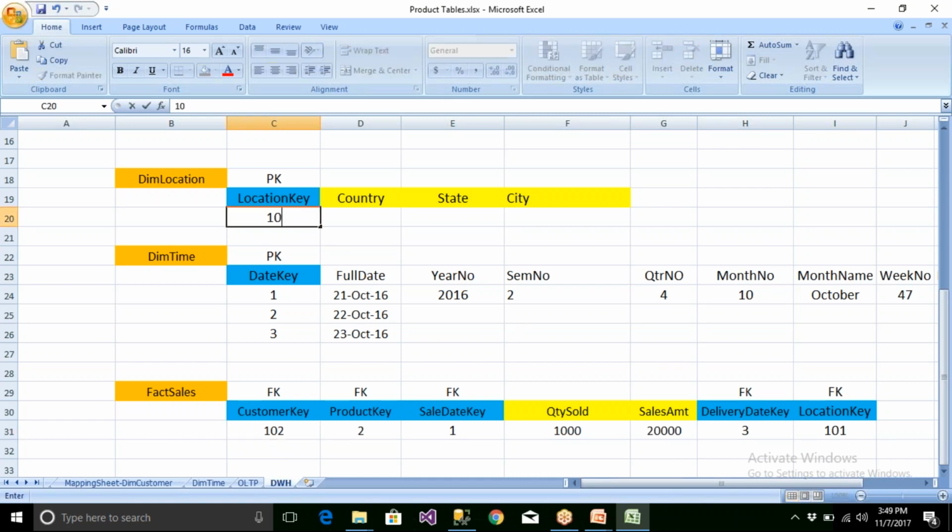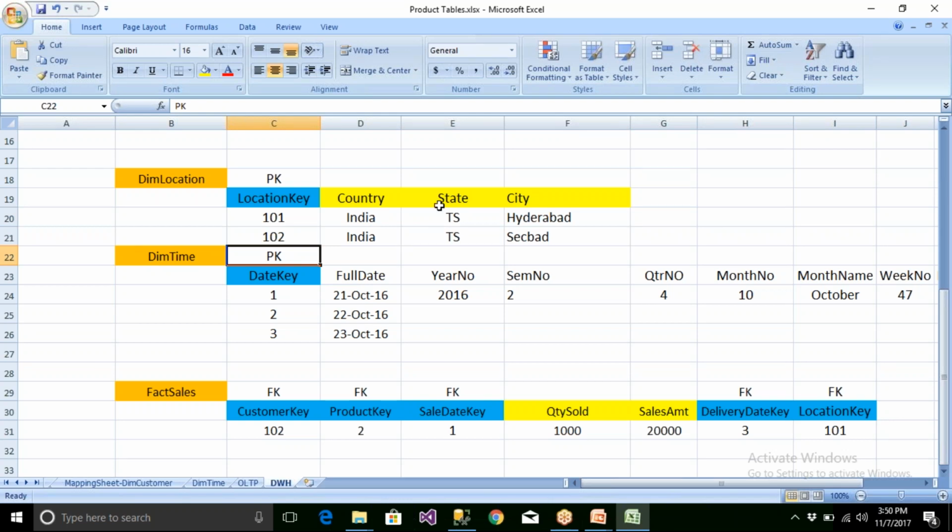For example, here we have 101, say country India, state Telangana, the city is Hyderabad. Now I have 102, say India, Telangana, Secunderabad. Something like this.